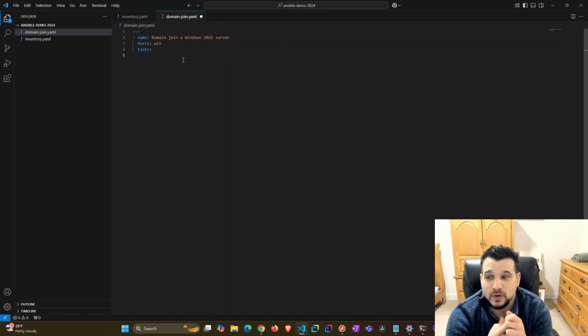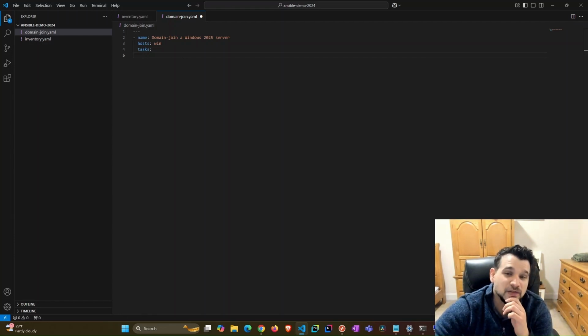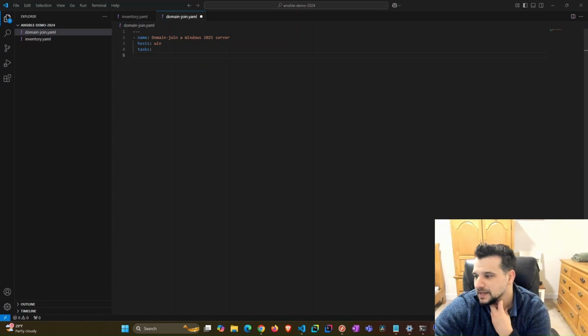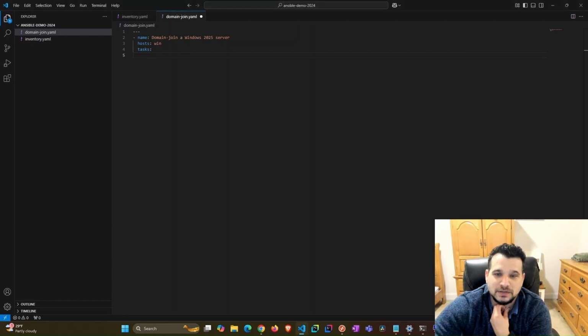Then we want a step where we're appending DNS suffixes so that lombardi.local shows in the network list of suffixes. And then finally we join the Windows host to the lombardi.local domain. Okay? So that's kind of a breakdown. So if we look at that here, let's show that from a GUI perspective. So as we mentioned,